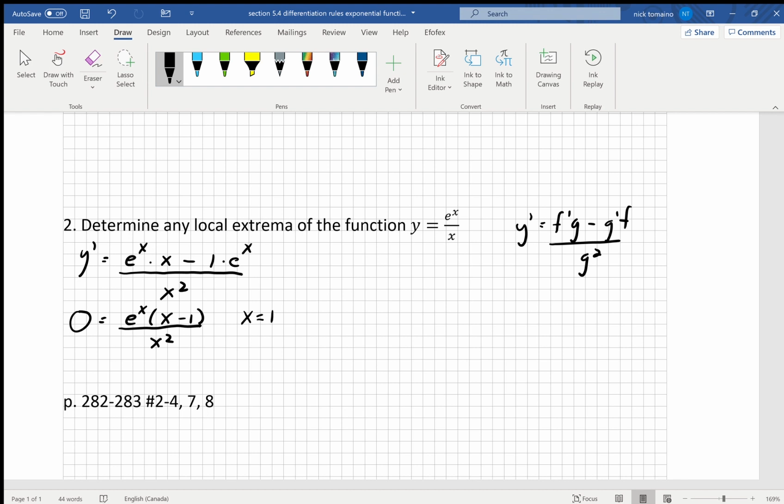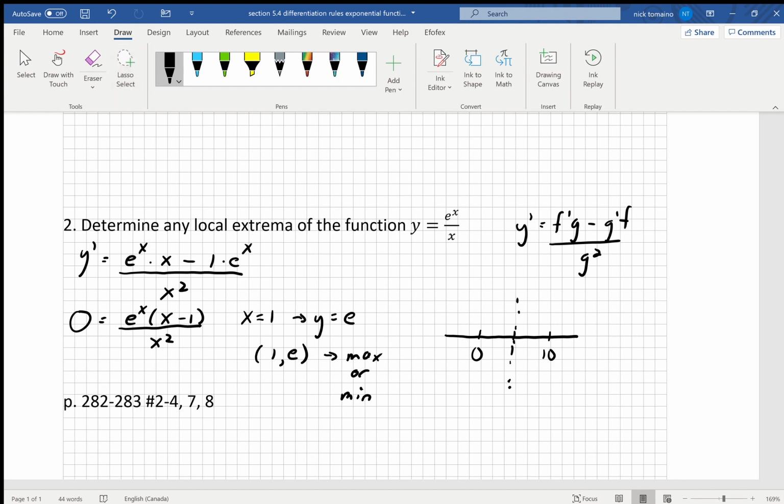To get our critical point, we're going to plug it into the equation. So we have y is equal to e to the 1 over 1, which is just e. So our critical point is 1 comma e. Now we want to determine if this is a max or a min. To do so, we're going to use the first derivative. So we're going to evaluate the first derivative at a number less than 1 and a number greater than 1. So here's our x is 1. So we can say 0 and we can say 10. It doesn't matter what numbers you pick. So let's plug in